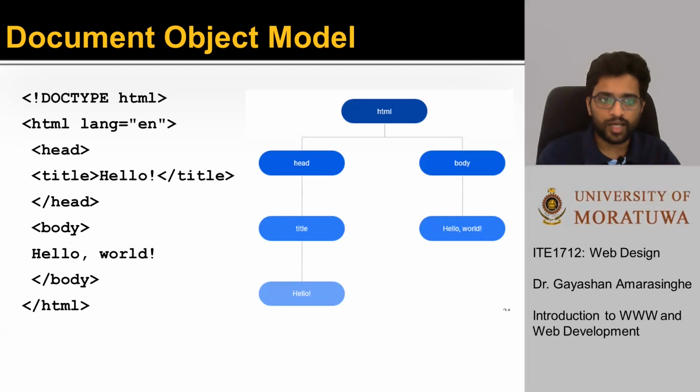You can see that the doctype declaration is not part of the DOM. That is because it is a declaration for the web browser to use to identify that this is an HTML5 page, right? Because of that, it is not part of the document object model. And here the parent is the HTML tag, like the page itself.